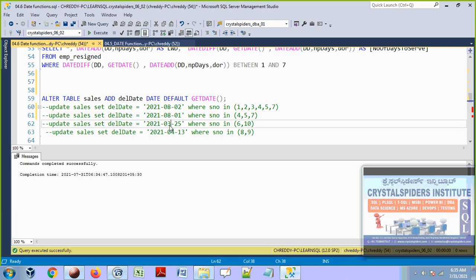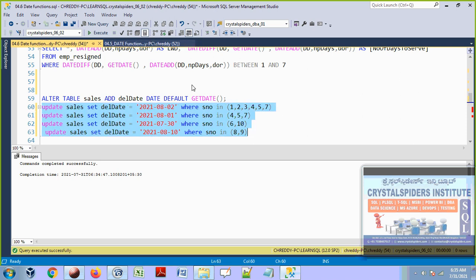This is the 7th month, 30, and this I am going to set to 8/10. So I am just updating some of these values, guys. The del date means delivery date.